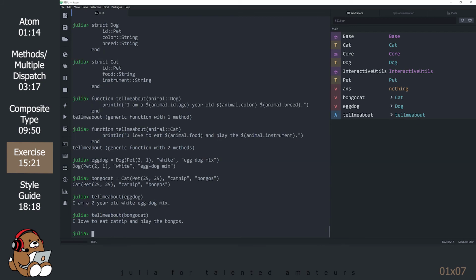Let's recap what just happened here, since there's a lot to unpack. Rather than using a standard data structure like a tuple or a dictionary, we opted to create our own composite types because it allowed us more flexibility than a tuple and used a lot less memory than a dictionary. Next, we set up one function with 2 methods so that it would behave differently for a dog or for a cat. With each method, we interpolated different values from different named fields from our composite types by using the dot format to access the values. The result is a surprisingly sophisticated data storage and retrieval tool created in just a few minutes and written in only a few lines of code.